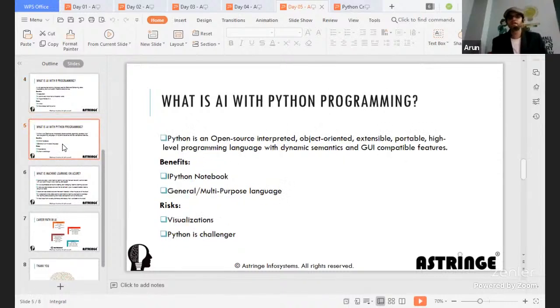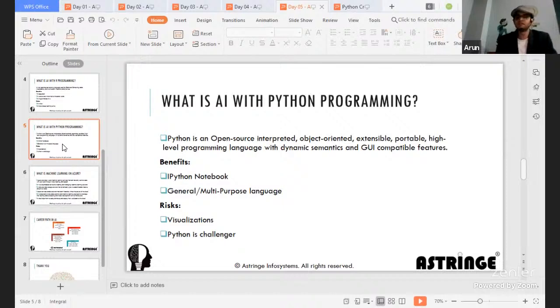So now, what is AI with Python programming? This is what I said. Python is an open source, intuitive, object-oriented, extensible, portable, high-level programming language with dynamic semantics and GUI compatible filters. Now, IPython notebook is one thing which is very helpful, and also a general multi-purpose language. So Python could be used for both general purpose as well as multi-purpose, and also for IPython notebooks that are built on top of Raspberry Pi.